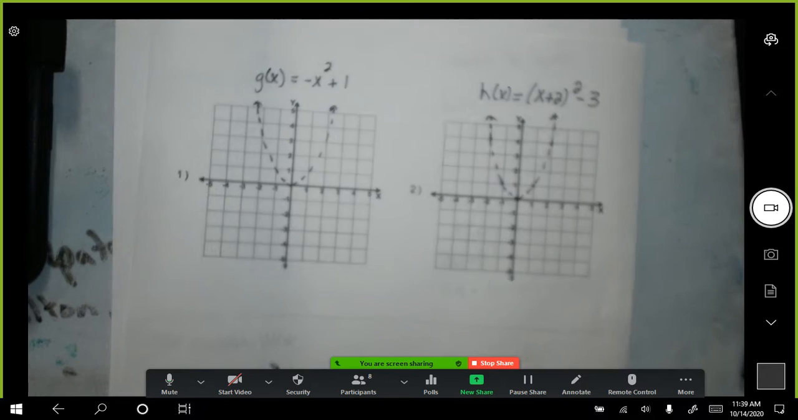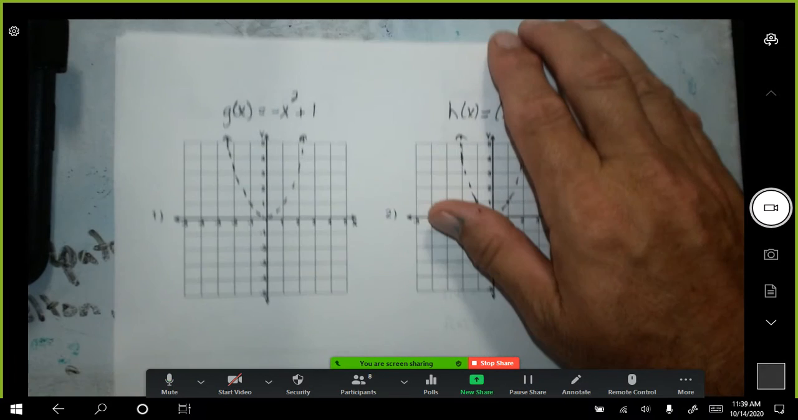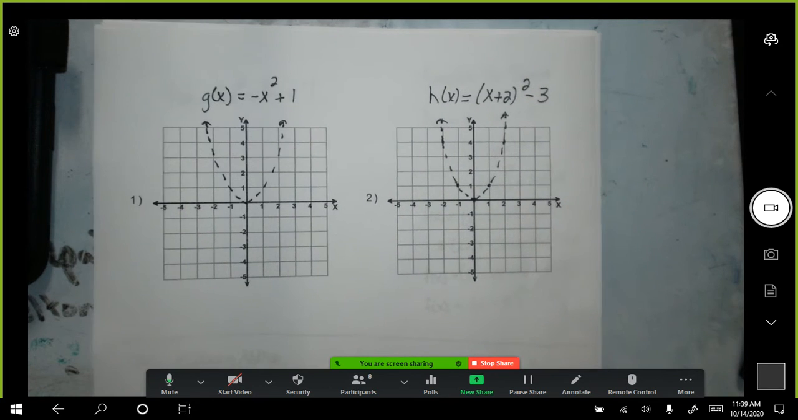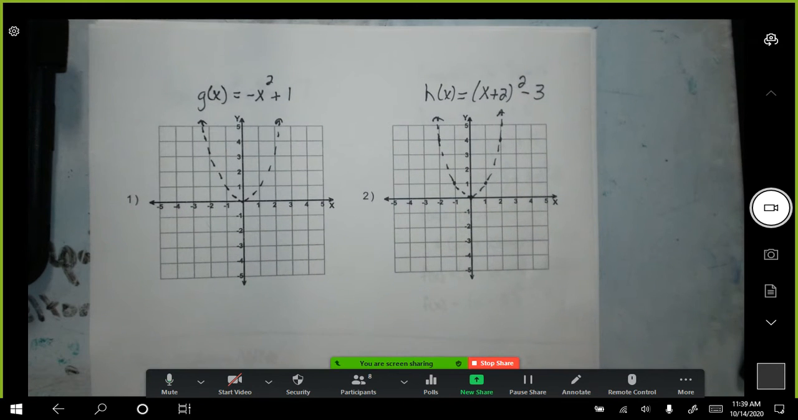All right, there we go. So here are those two function values. g of x equals negative x squared plus 1, and h of x equals negative (x plus 2) squared minus 3. And on there is the parent function. I went ahead and drew that in. So those little dotted parabolas are the parent function. So if we recall,